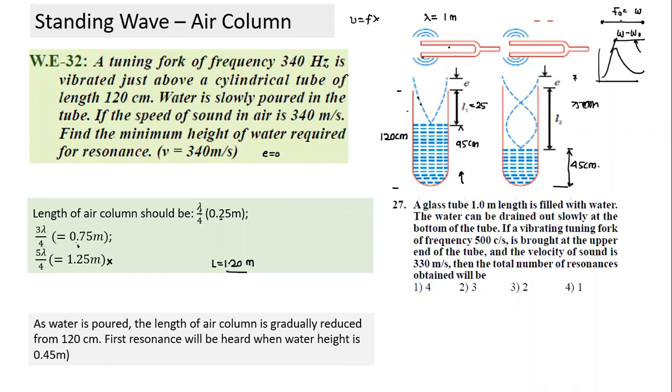Even now, at any in-between length also, air molecules will oscillate, but the amplitude of oscillation will be small because this is not a constructive interference kind of thing. Only when this condition is met, there's constructive interference and standing waves get formed. Yes, so is the vibration happening? Yes, we will hear a faint sound. Are the air molecules oscillating? Yes, they're oscillating, but the amplitude of oscillation is small, and hence, since amplitude is small, the decibel level of the sound they create is also small, and you can very distinctly hear that.